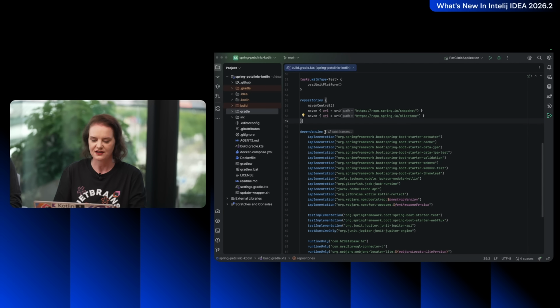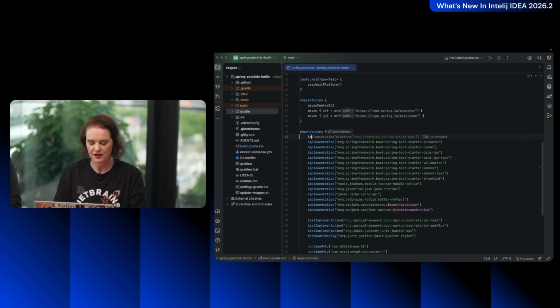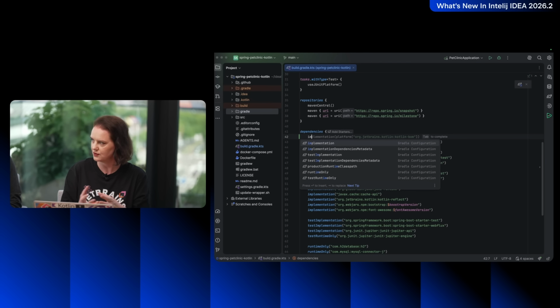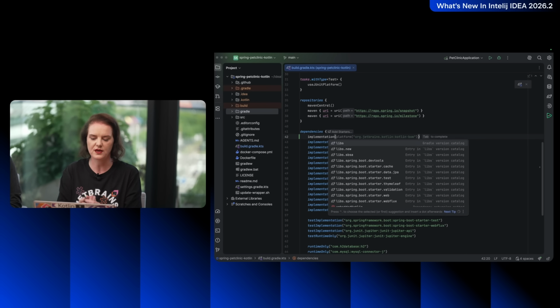So what we've done is we've cleaned that up for at least the dependencies block, because that's the part of the build script that you're probably most often editing by adding dependencies or updating dependencies. So now if you have completion inside the dependencies block, it will show you only the relevant things for your dependencies block. So like the scopes, like implementation,